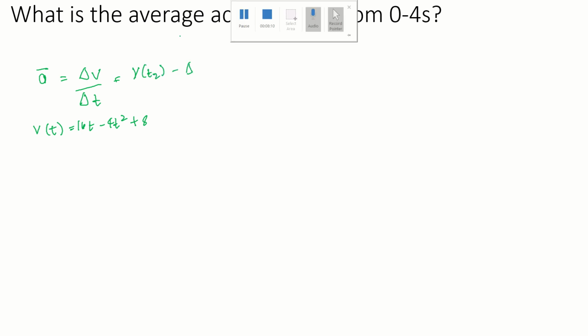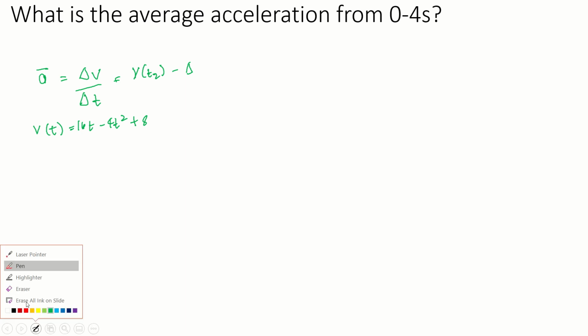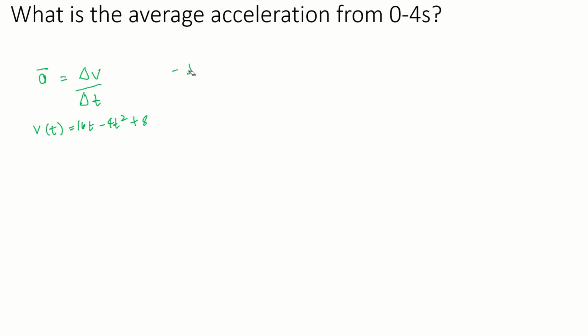Okay, so this is vt sub 2 minus vt sub 1 over t sub 2 minus t sub 1. Our time is from 0 to 4 seconds. So let's substitute. You have the average acceleration is